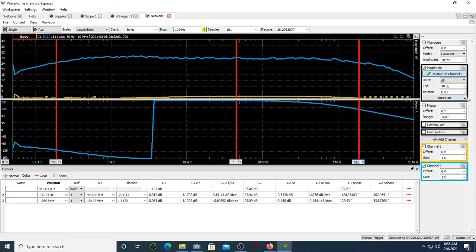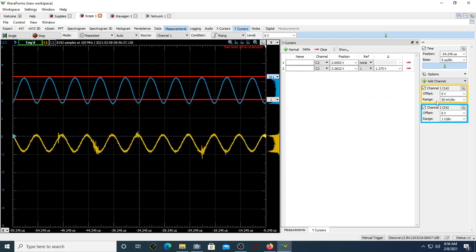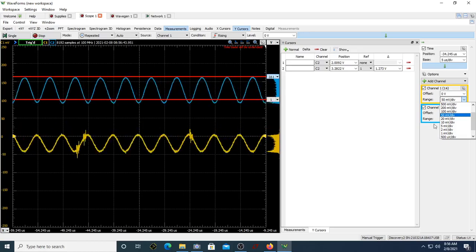If you want to see the input also, keep it something like negative here. Now you can see the input also, because the input is always at the 0 dB line. It will be at the 0 dB line. We don't make any changes in this offset. Let offset be 0 and range be 360 degrees. So this way you can comfortably set the values of network, wavegen and the scopes. In scope always make sure that, of course, if you want to clearly see the waveform you can see, but don't measure the input peak to peak from this.